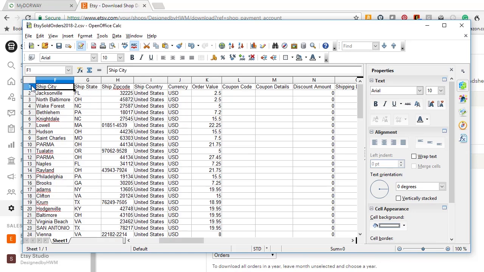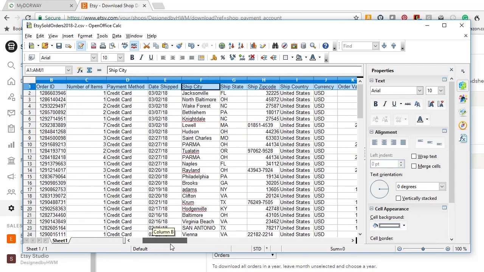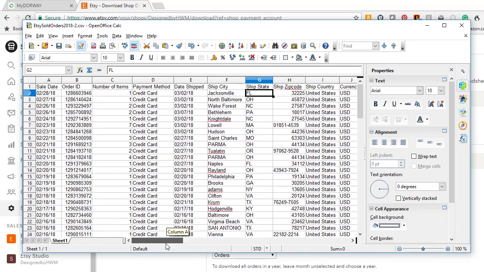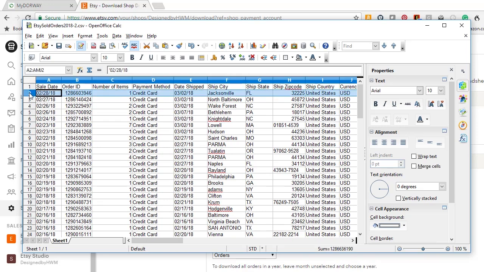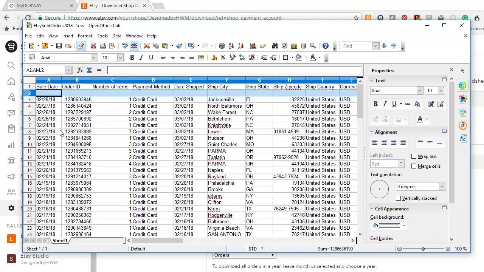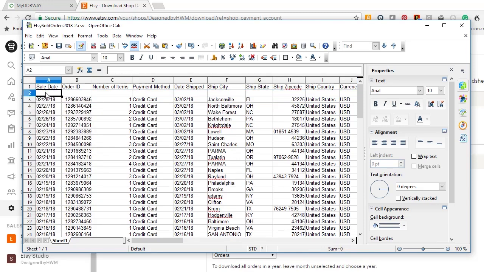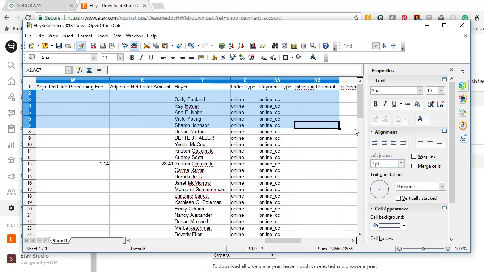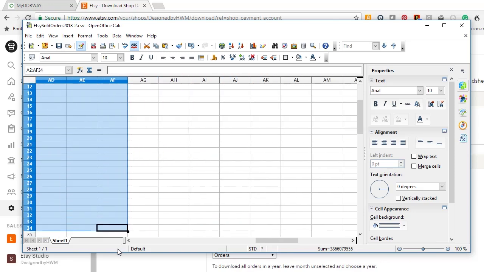So there's a couple ways that you can do this. You can click on this cell here, right click, and insert a row, and then highlight all of this information. Let's see if we have it all. Yep. And then what you can do is click on data,